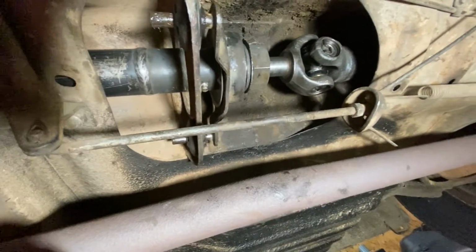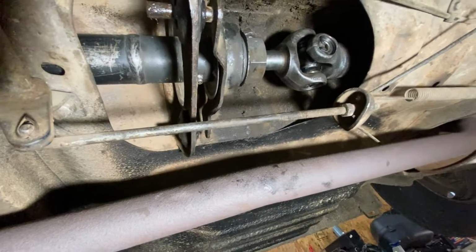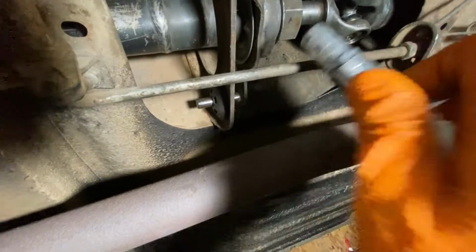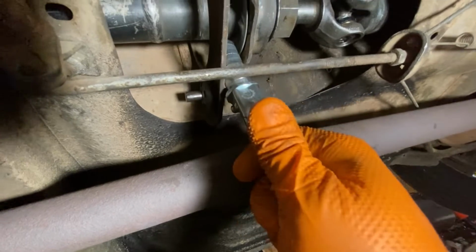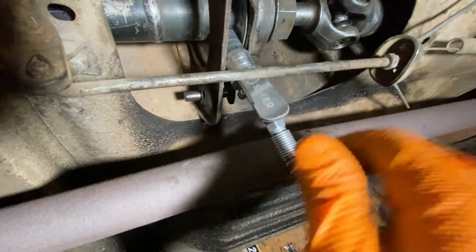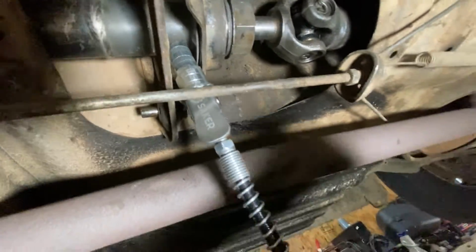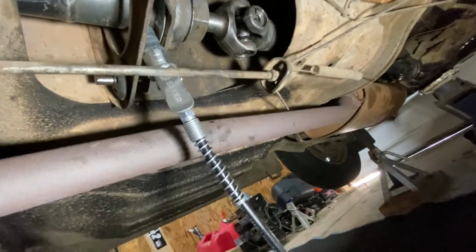So let's look at this on the drive line first. Here's our nipple for our center fitting. And if this can get in there, which it can, that's good. We can lock that on like that. So it's stuck on that nipple. You can see that. And if I can scoot back here and do my grease gun one-handed,